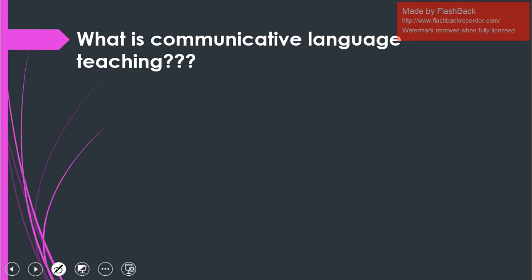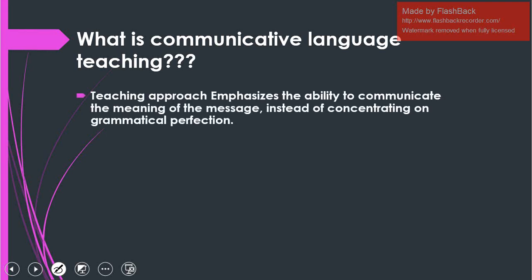Okay, what is communicative language teaching? First of all, we discussed the historical roots of that approach, how it started, why it started, and what the consequences were. Now we are going to discuss what communicative language teaching is and what features distinguish this approach from other approaches. First of all, it is a teaching approach that emphasizes